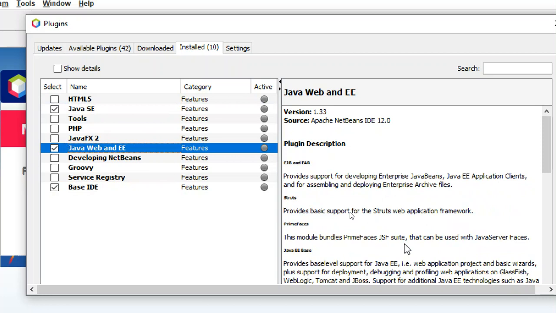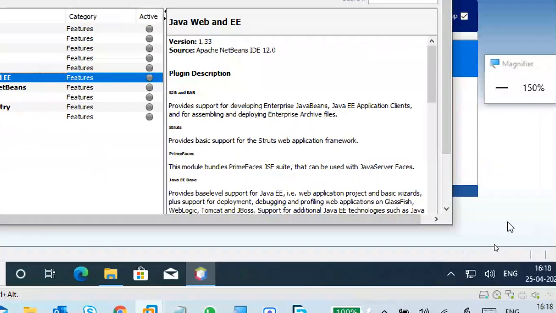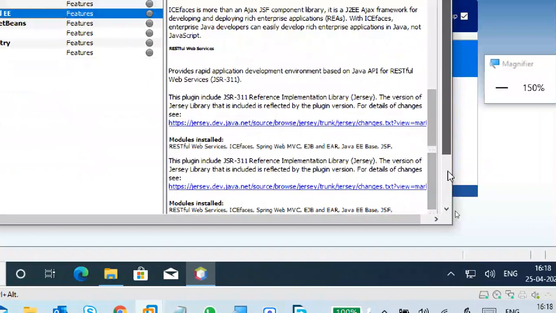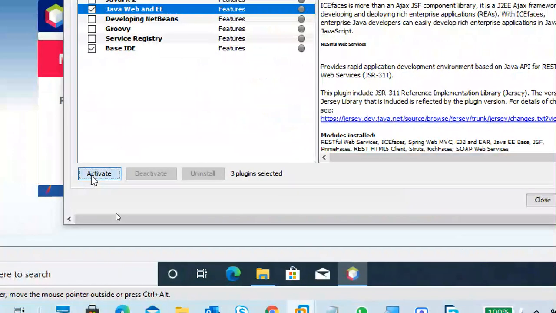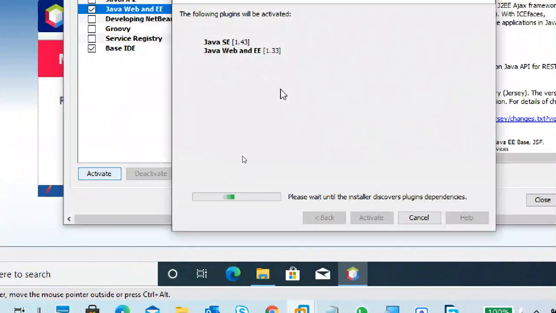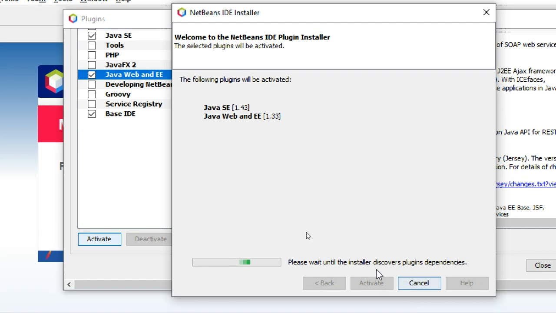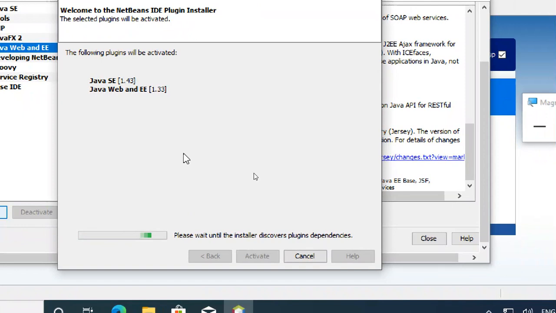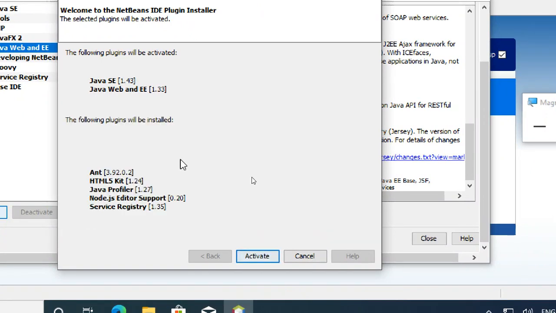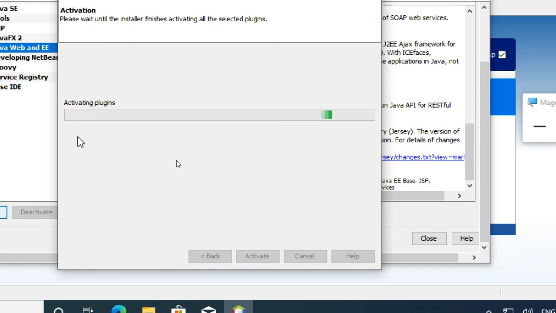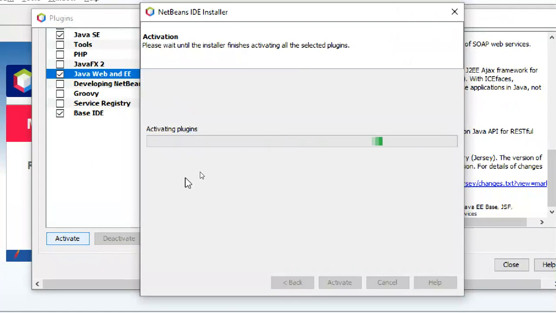Only two things, and of course this one. So you can see active. The related plugins are also getting activated.